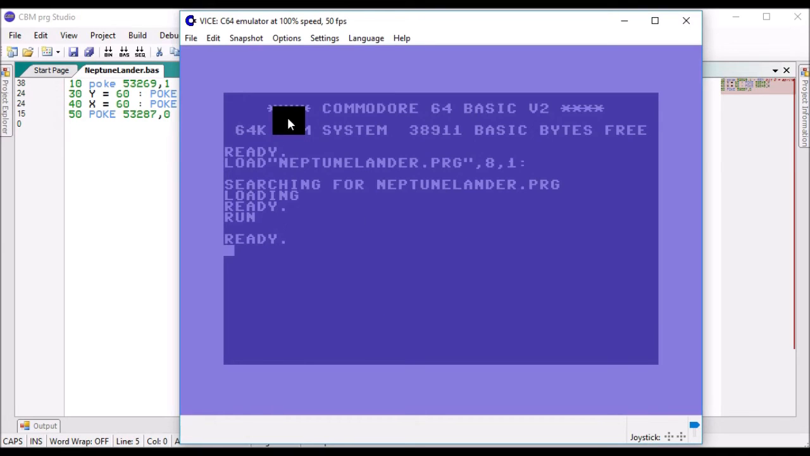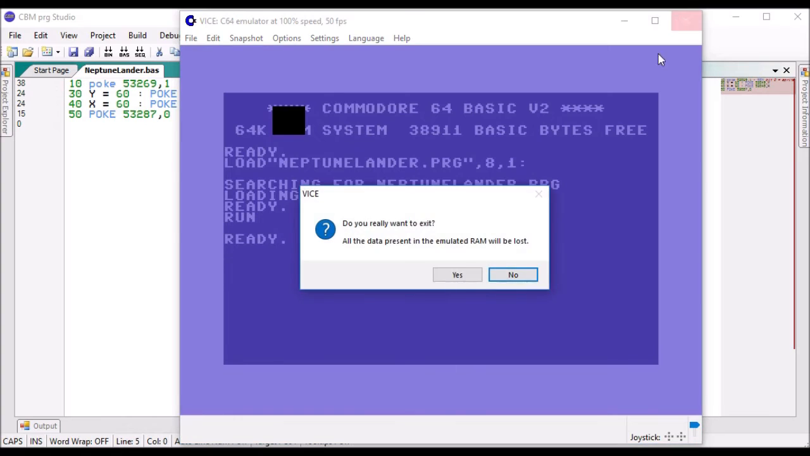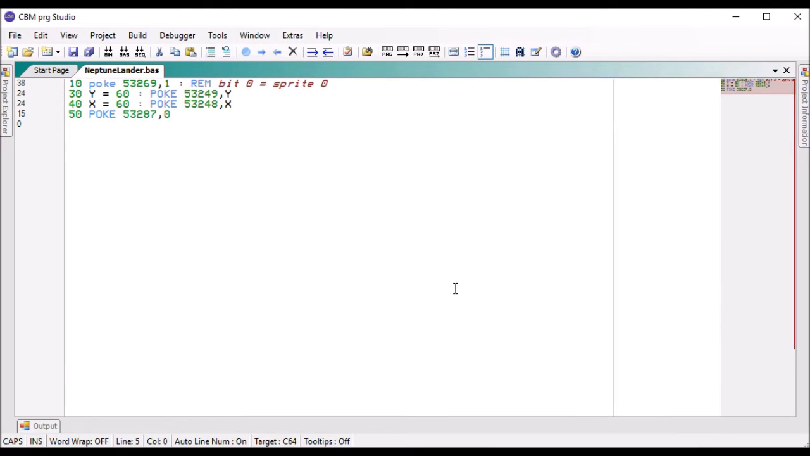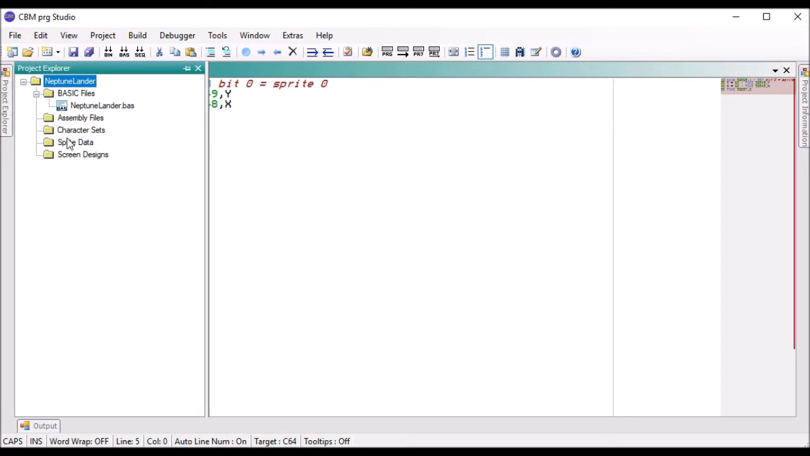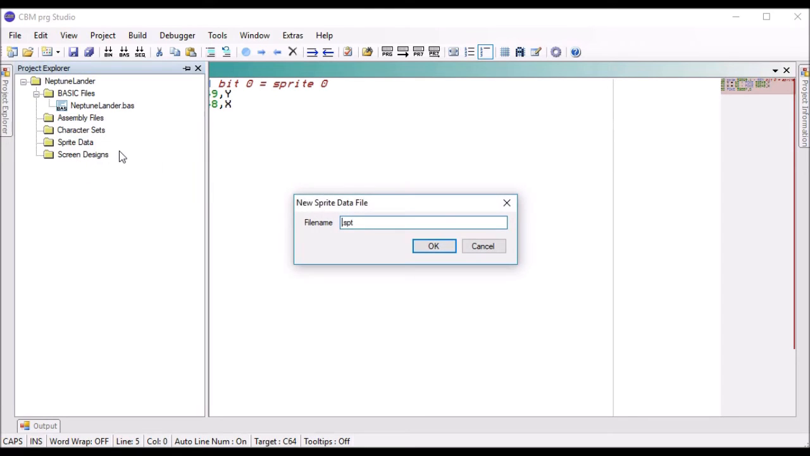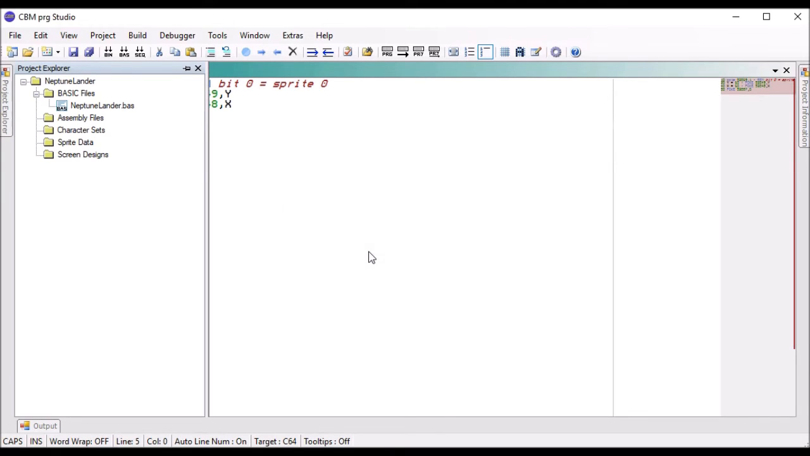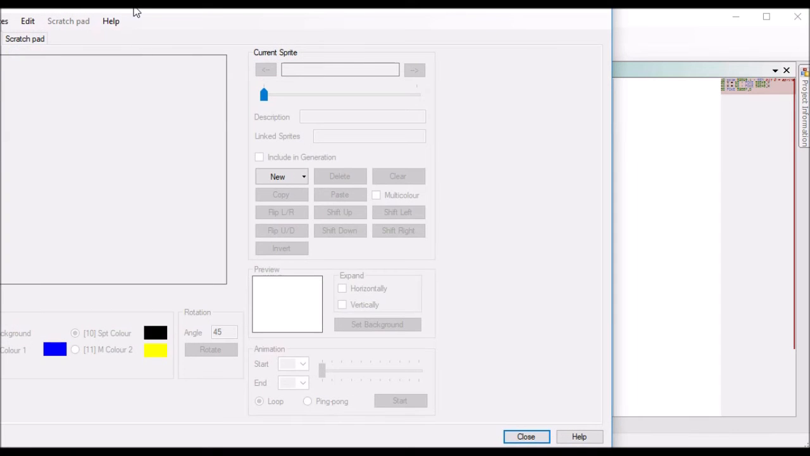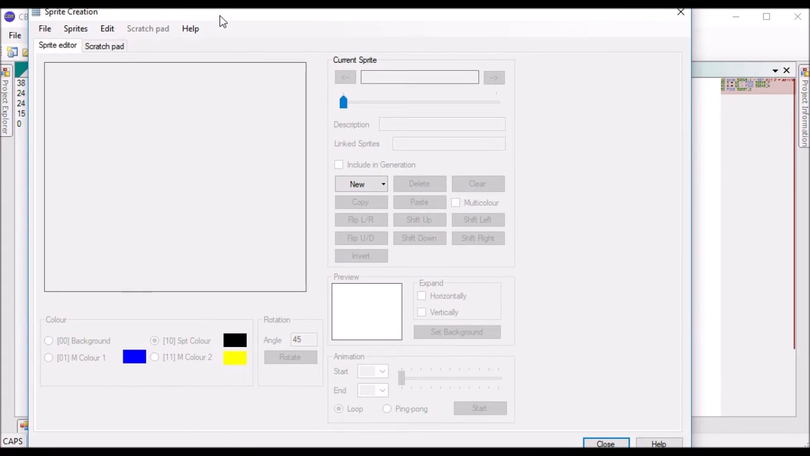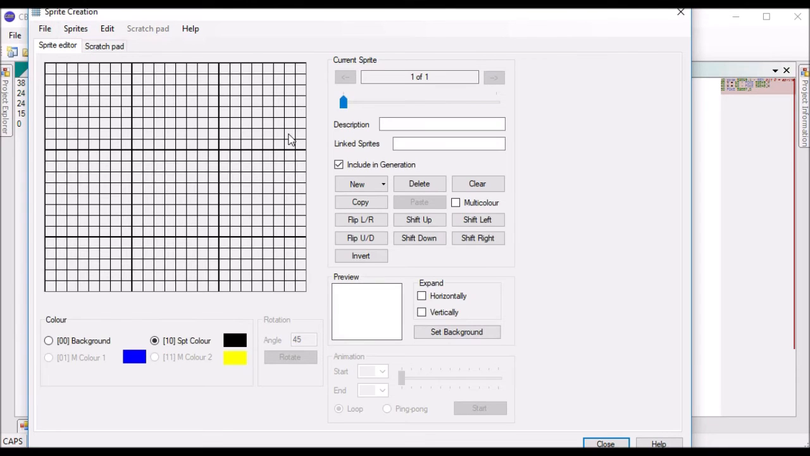Right, so we need to make the sprite. Okay, so it's dead easy to put sprites in. Go into the Project Explorer, right click on sprite data, add new file, and so Neptune Lander. Click OK, and then we double click on it, and we can now make our lander. So what we need to do is create a new sprite that gives us our matrix. So go back to